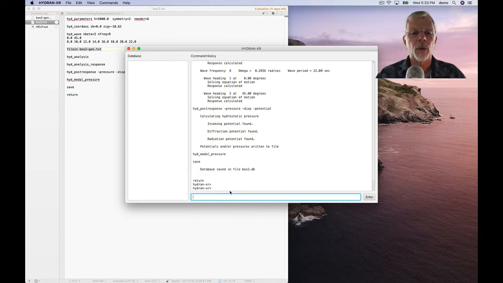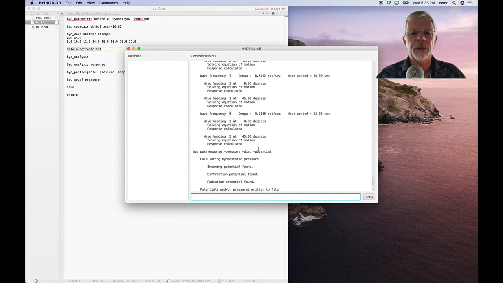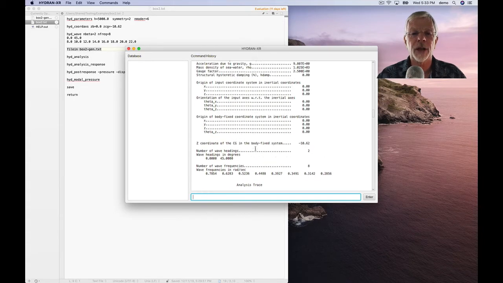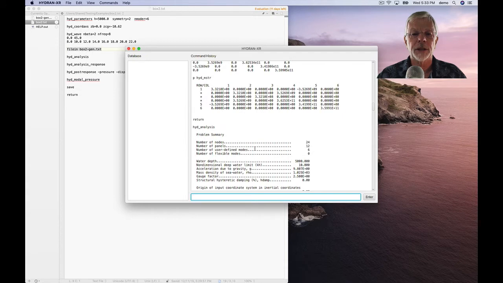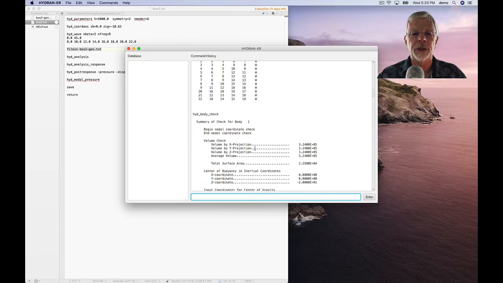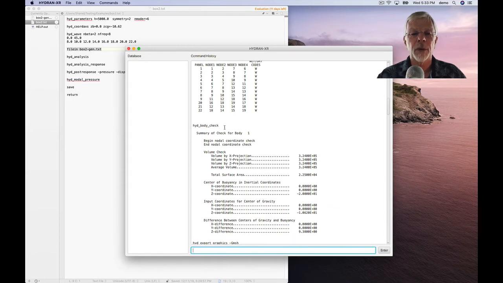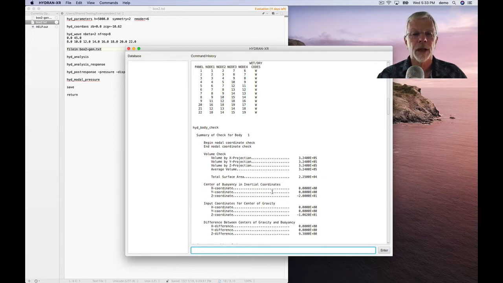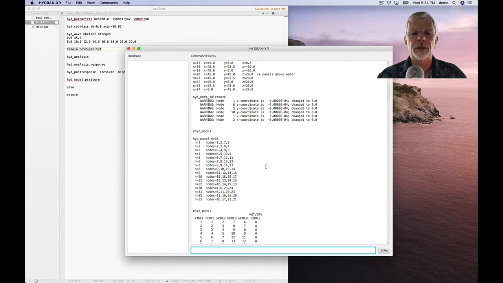So what I want to do is scroll back up here. I could look in the output file, the .out file, but I'll look here. In this GUI, again, hide body check. It's important to confirm that these numbers should be the same as the previous numbers, and they are if you check them. The tolerance here, we see that it's found some nodes that are